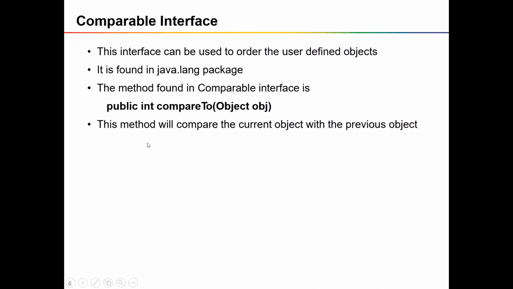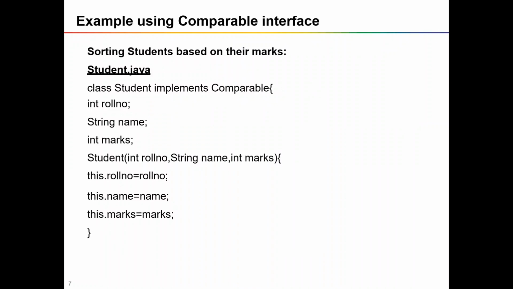So this compareTo method compares the object you are going to insert with the rest of the objects in the collection. Likewise, this method compares all the objects in the set to perform the sorting. For example, if you are storing wrapper types or String types, then you don't need to worry about the Comparable interface or compareTo method, because TreeSet by default implements the Comparable interface and it performs the sorting for all the wrapper types as well as the String type or all the predefined class types. There is no problem at all.